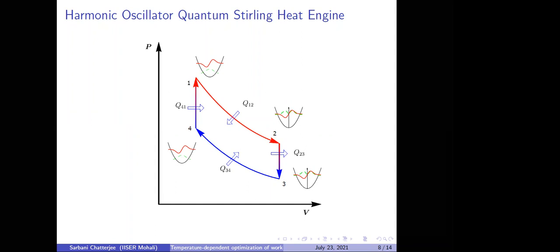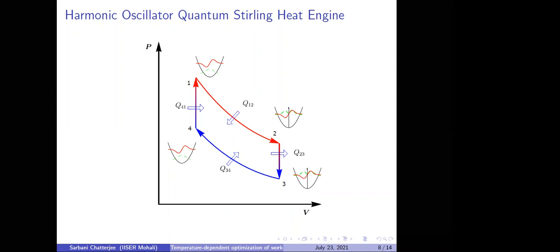Okay. After this, the harmonic oscillator is connected to a cold bath, which reduces the system temperature. This is analogous to isochoric cooling for the classical heat engine. This brings us to stage 3. In the next step, the barrier is removed quasi-statically, keeping the system in constant contact with the cold bath. At the end of this process, the energy spectrum becomes identical to what we had started with, and all degeneracies are lifted.